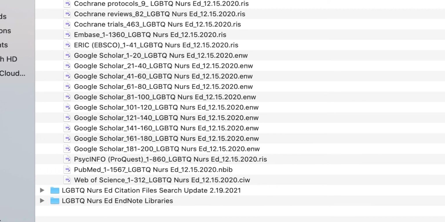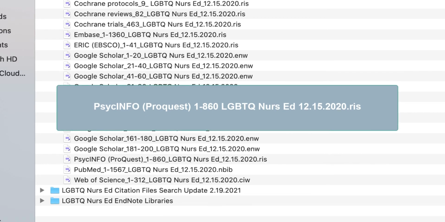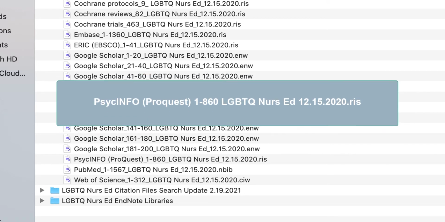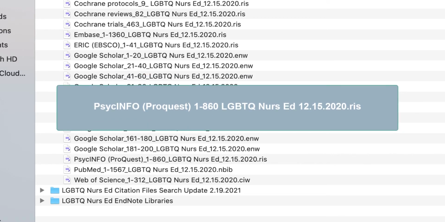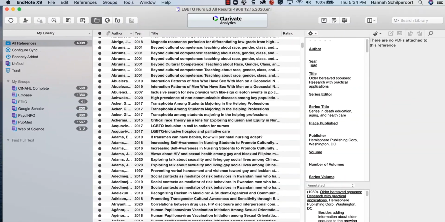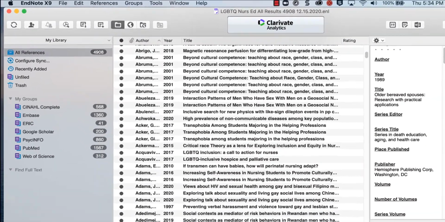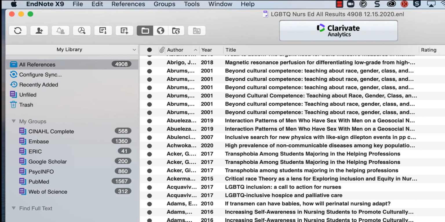When naming citation files, we recommend including the name of the database, along with the name of the platform if the database is available from more than one platform, number of citations, abbreviated name of the systematic review, and date of the search. Create an all results EndNote library with folders for each of the databases that you searched.